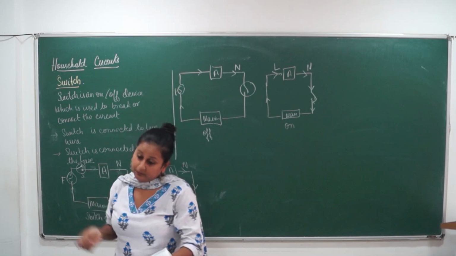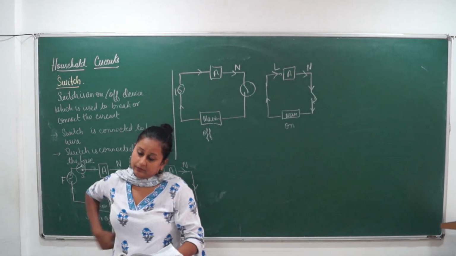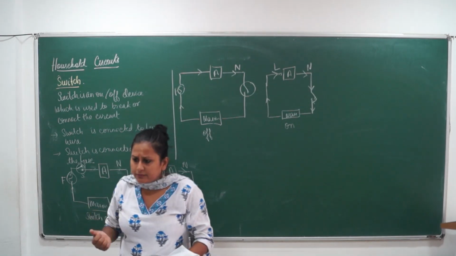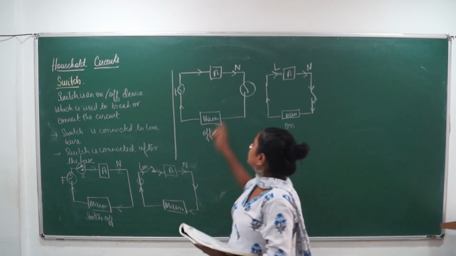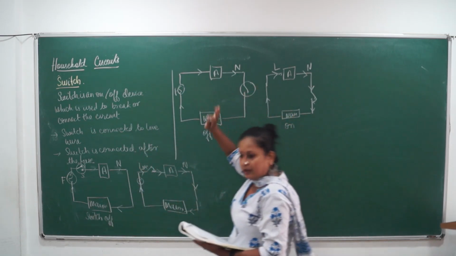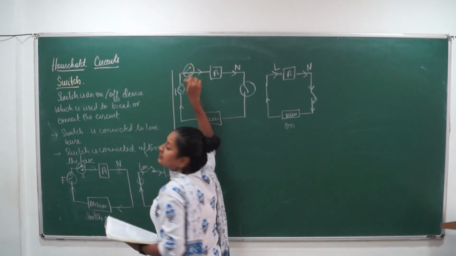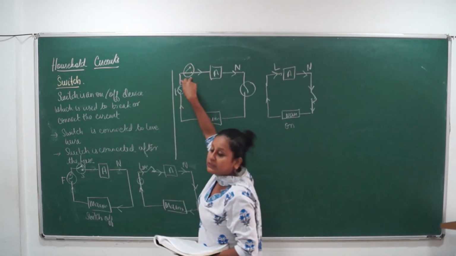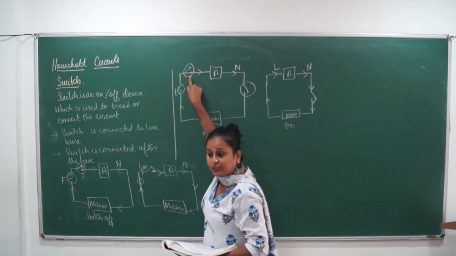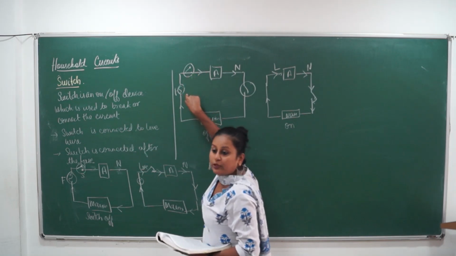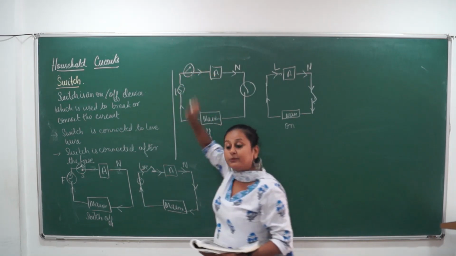But what if a fuse is fitted, but the switch is ahead of the appliance? I have already explained that. If the switch is ahead of the appliance, usually the fuse is put before the switch because the current shouldn't reach the switch also. If the current reaches the switch, it is at a high potential. So that's why we put the fuse first, so that it shouldn't even reach the switch, because the switch is something we touch.